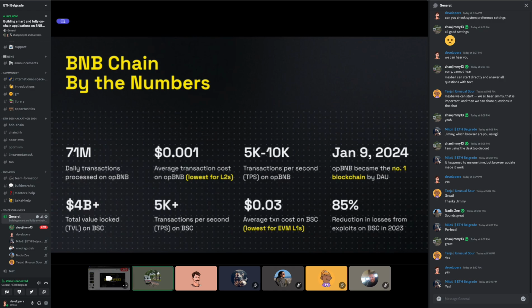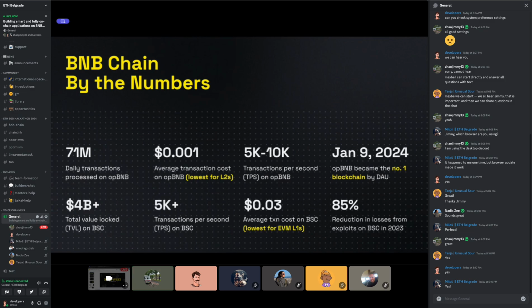From the daily transactions perspective, opBNB has already become one of the most active networks you can find in the Web3 world, at 71 million transactions per day. And for the cost of every transaction, I think opBNB is one of the lowest among all the layer twos, including, for example, Base, Arbitrum or Optimism.